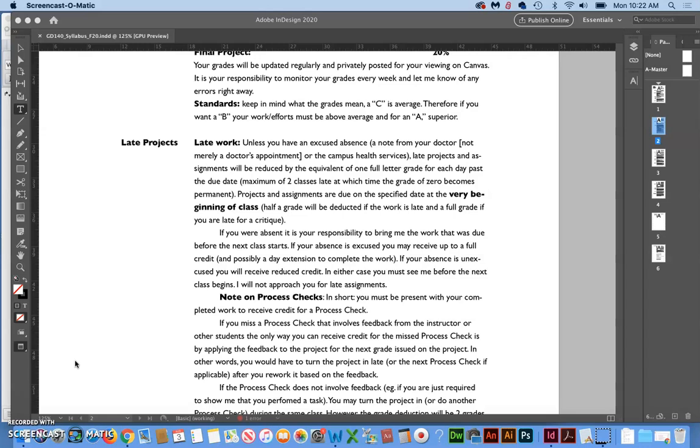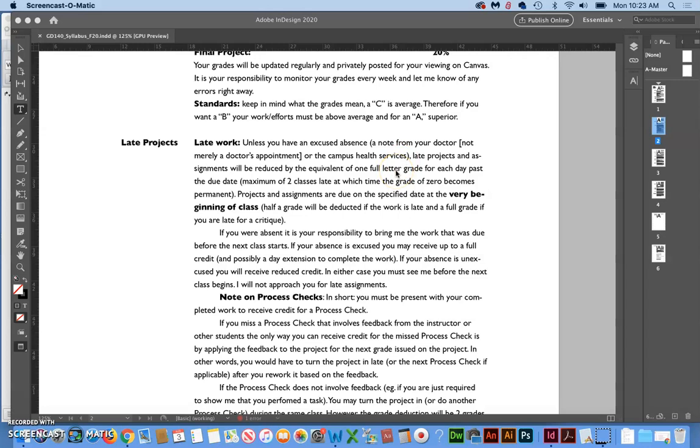Unless you have a copy of a medical provider excuse that you're providing with me, I don't need to hear your excuses. We're all adults. So if you happen to be late on one project, you just turn it in late, take the reduced points, and no need to tell me about your breakup stories or anything else.